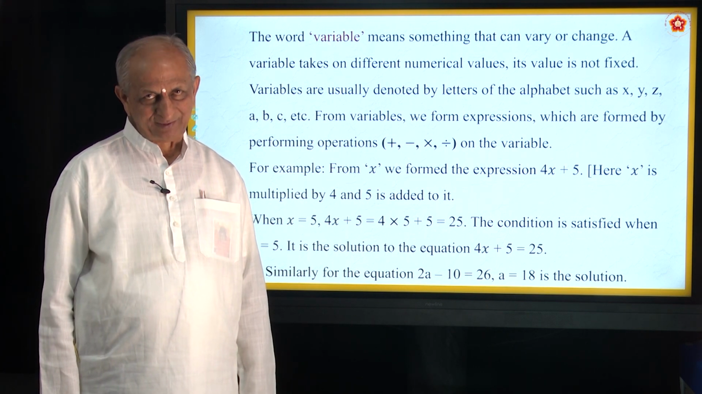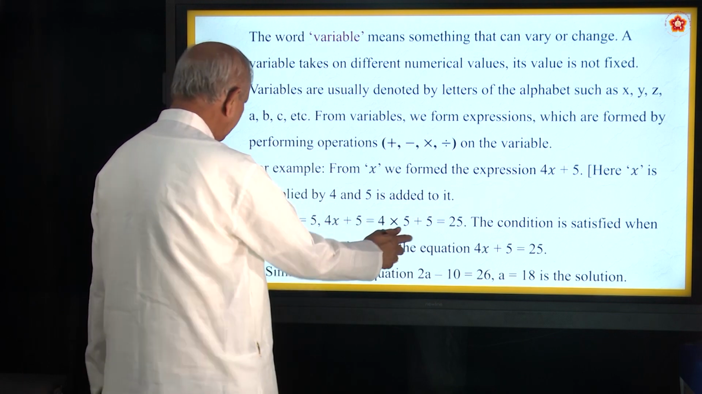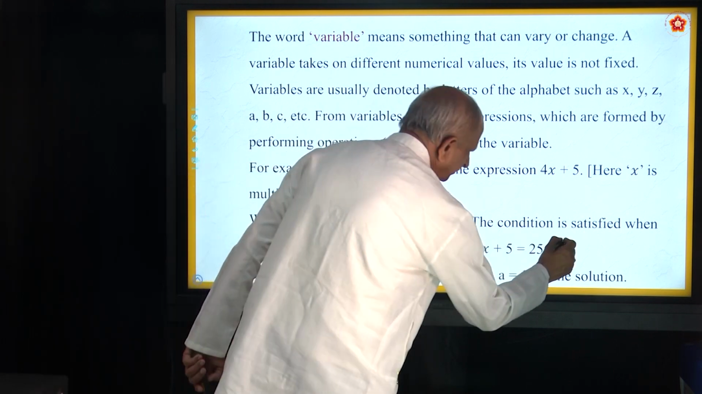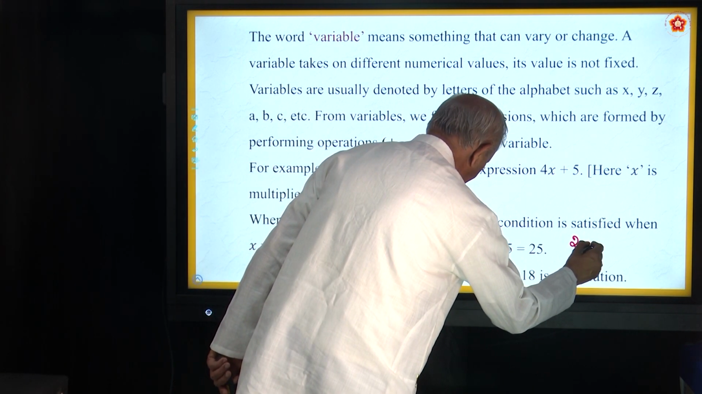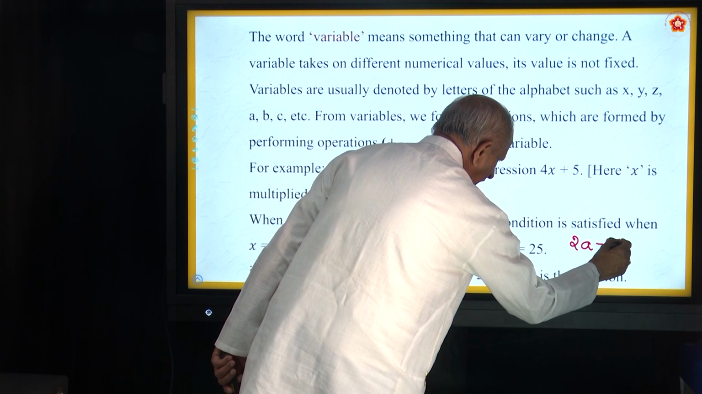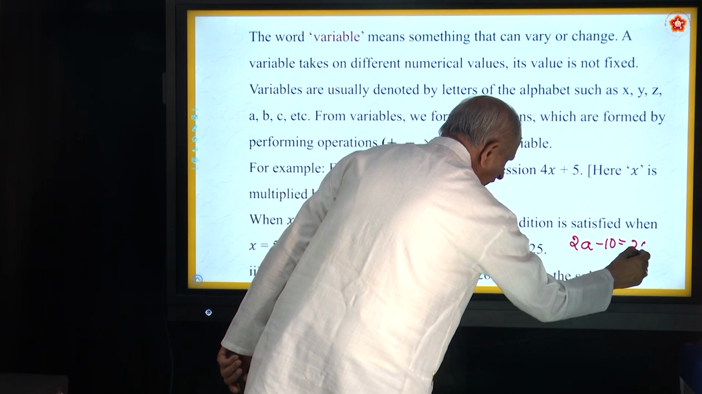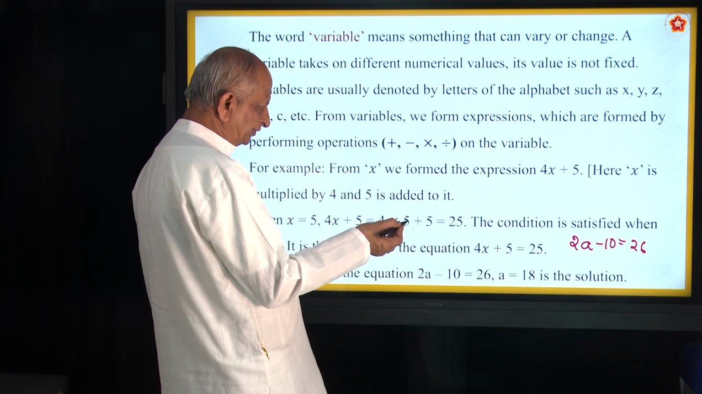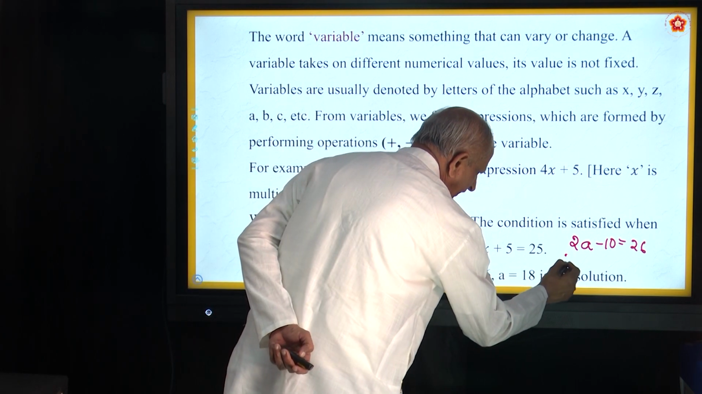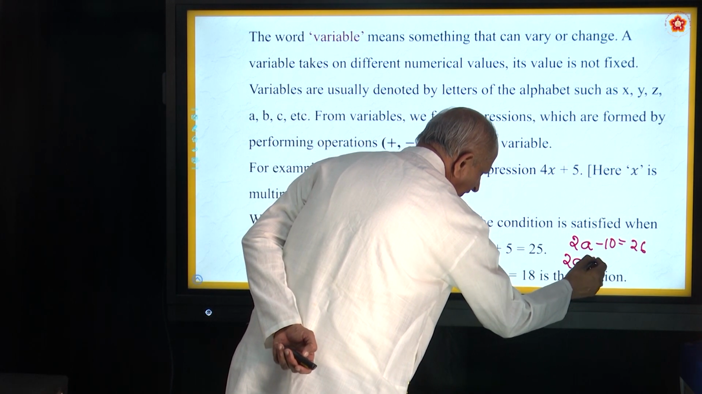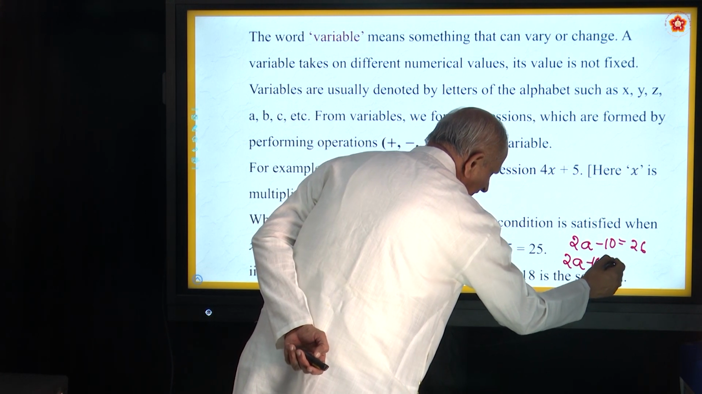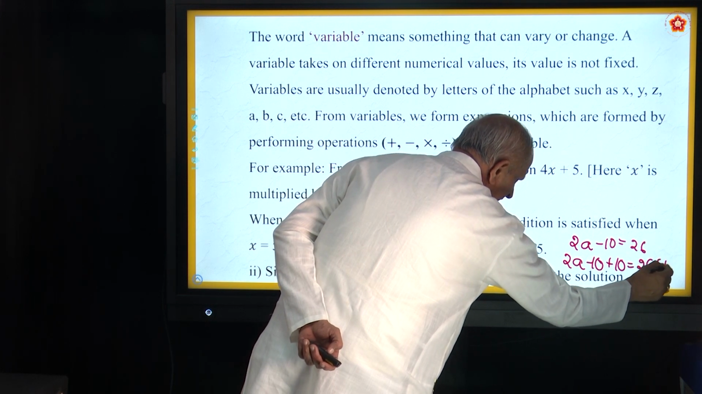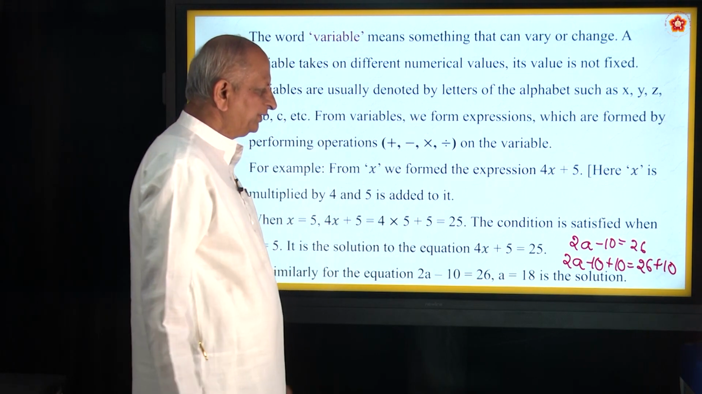You may ask how you get it. See, if the minus 10 is given, you have to add 10 to it. So, in this equation, how to find the value of A? That is just to do the opposite operation. If minus is given, you make it plus. 2a minus 10 plus 10 is equal to 26 plus 10. So, adding 10 on both sides,